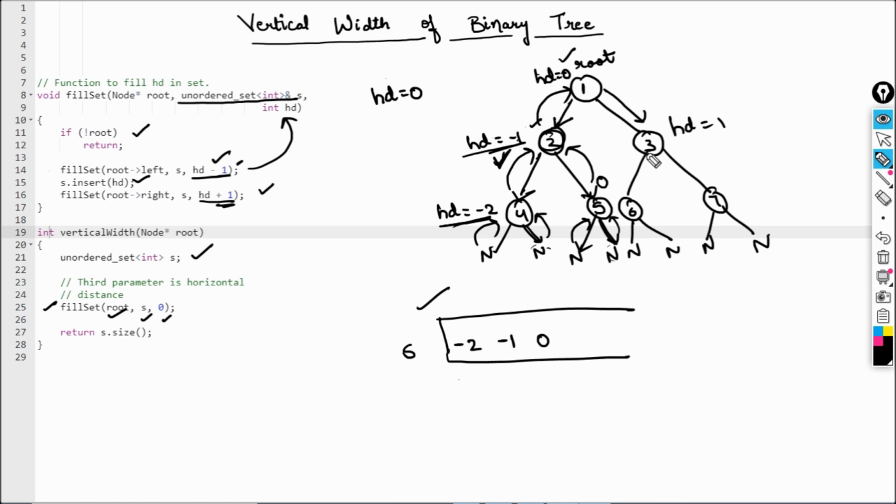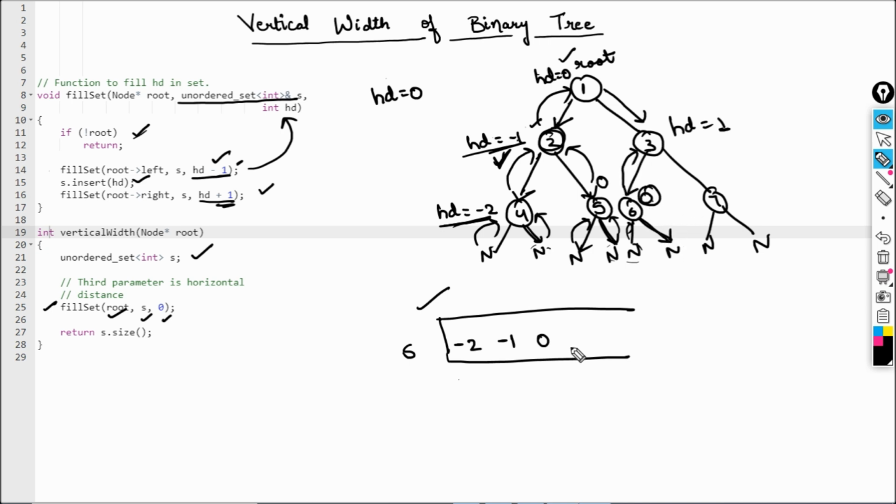Okay, now you need to make a call on the left side. As soon as you make the call on the left side, it will be ht minus 1. So this was 1, it will become 0 now, right? 1 minus 1 will be 0. Okay, after that you need to make a call on the left side again. As the left side is null, it will return back, right? Now you try to insert 0, but 0 is already present, so don't insert it and make a call to the right side. The right side is again null, so you need to return from here.